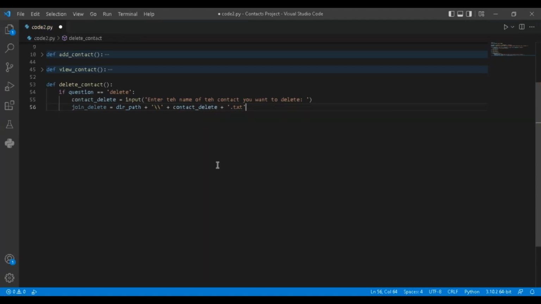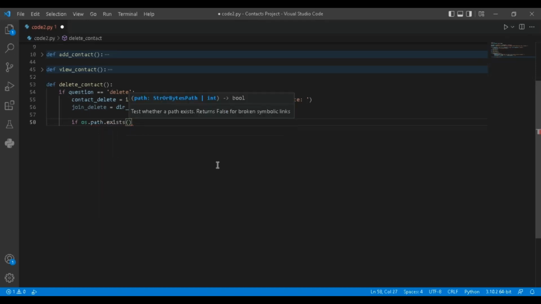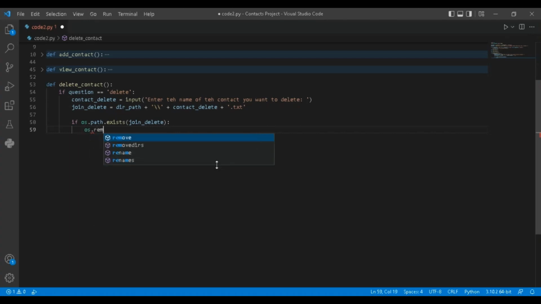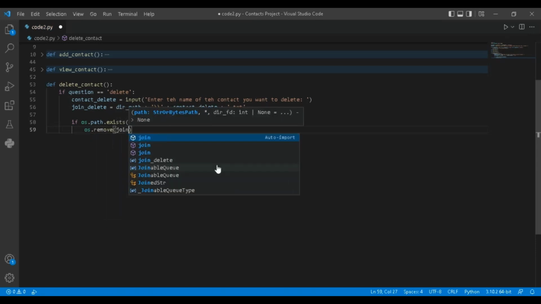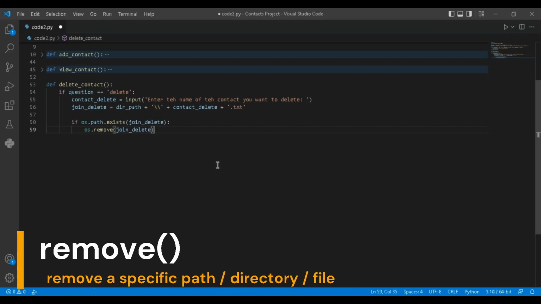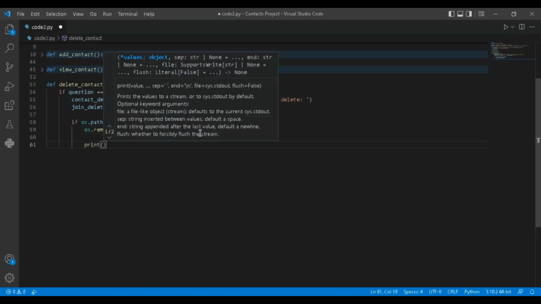Now to make sure that the contact exists, I will do just like before. os.path.exists that join delete, then os dot remove the join delete. And what os.remove does is it removes a chosen path, file or directory,